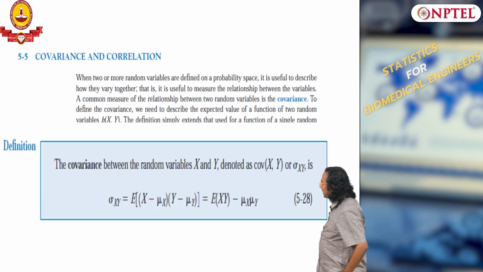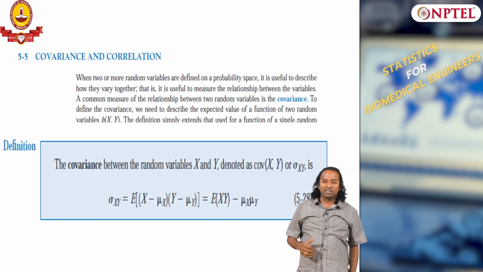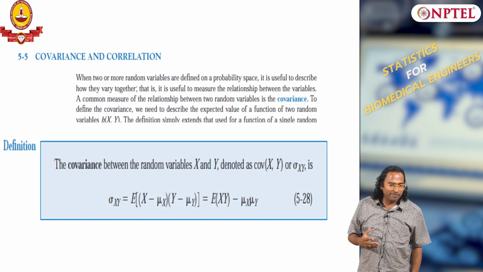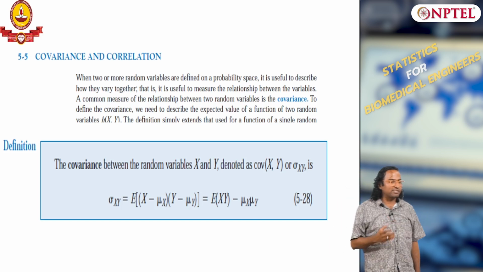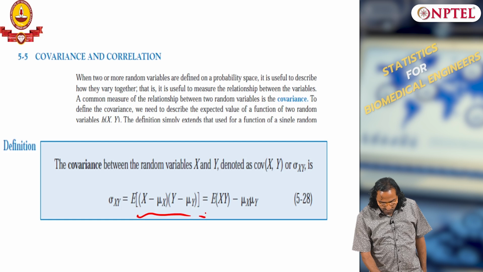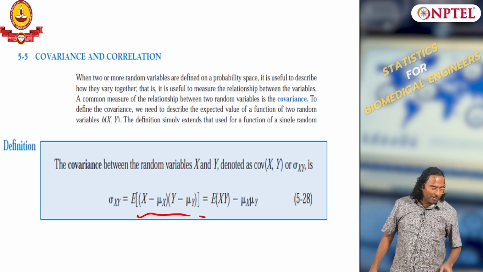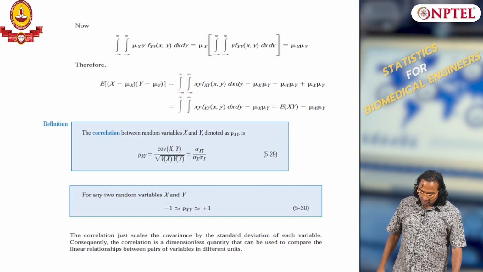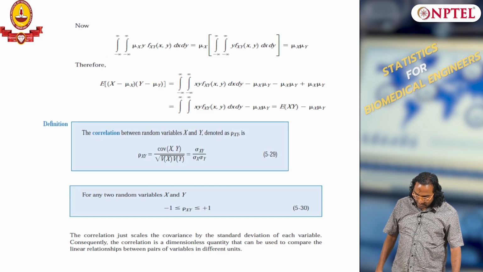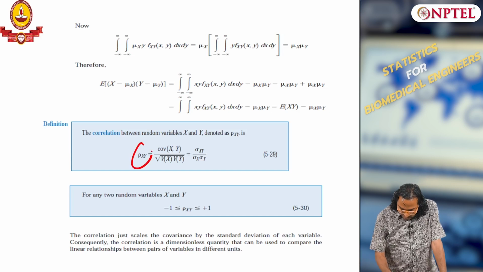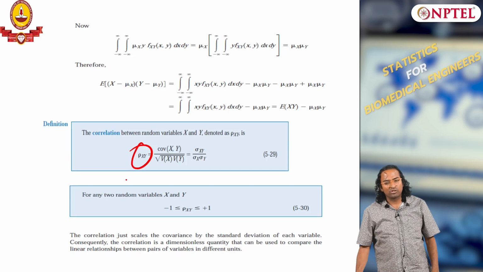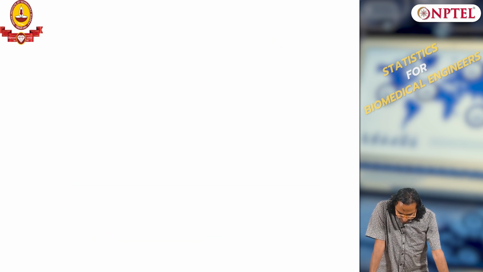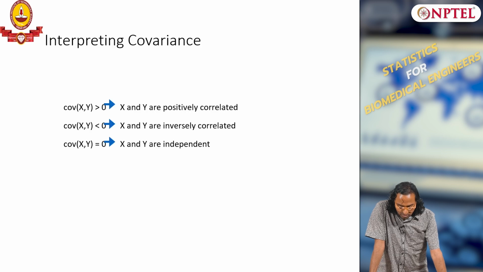Before we go into regression, a quick recap on covariance and correlation. We have learned what covariance is. It is a linear relationship between two random variables, which is the expectation of (x minus mu x) into (y minus mu y). It will be pretty useful in developing linear models. We then normalized it, that is your normalized covariance, which is correlation, divided by the square root of the variances, and this is how you compute it from data.